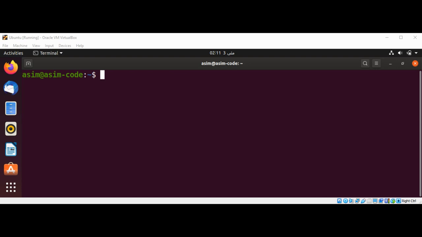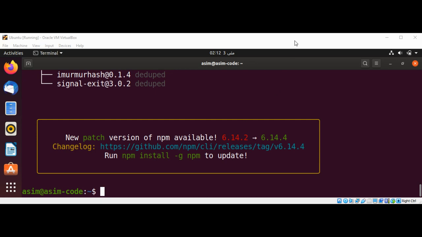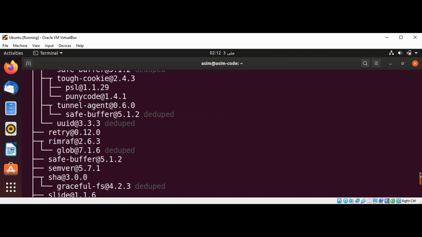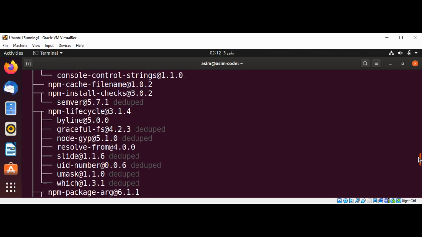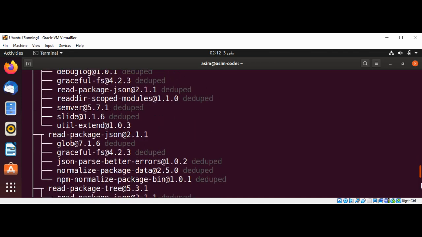In this video, we will learn how to list global packages for Node.js that we have installed. We can use npm and list command and dash global and just hit enter. And here is the output. We can scroll up so we can see some, and you can see the output is very verbose. We can change that